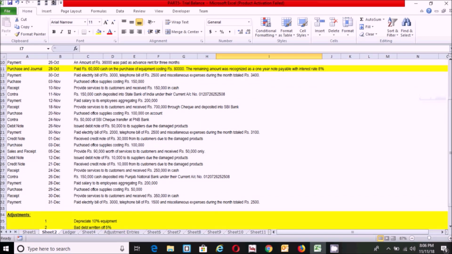So we can see here we have 6 adjustments we have already identified in the previous video. So the first adjustment entry we have is a 1 year note payable worth 20,000 with interest rate 8% per annum, because 60,000 rupees has been already paid. The note is issued for 20,000 rupees only, so we have to calculate interest based on 20,000. So our 1 year interest amount will be 8% of 20,000, that is 1600, and their journal entry will be